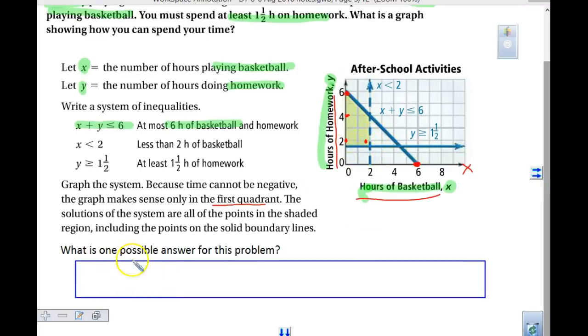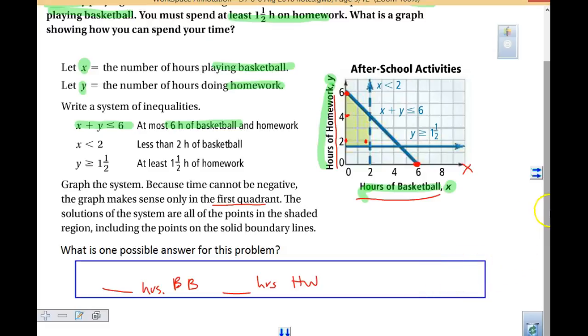I want you to give me possible solutions. And please know that when you do that, you should be able to tell me, in this case, because it's a story problem, you would say blank hours of basketball, blank hours of homework. It does not make as much sense to give me an ordered pair for your answer, right? Because it's a story problem. And so they ask, what is this graph showing you about your time? Well, the graph shows us that our time is spent here for our answer. So give me at least one answer